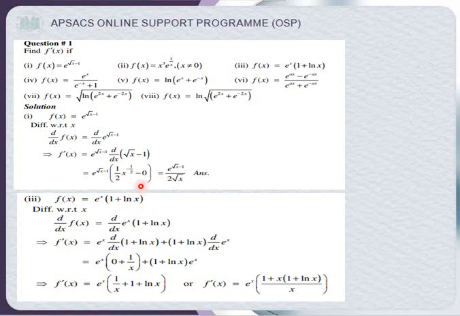And you can see that in part 3 there is u into v, so we have to apply u same, v derivative plus v same, u derivative, and again the same thing. One is a constant, so the constant's derivative is 0. ln box is equal to 1 upon x, and the box derivative is 1. Okay, so I didn't write it. And this is the same thing because the operator is only here, so e box is e box and the box derivative. The answer is here.